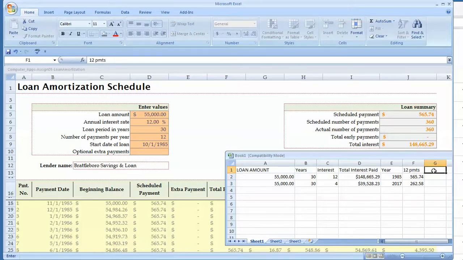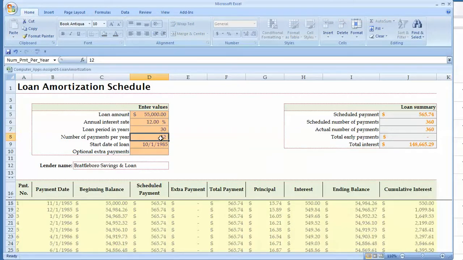But a lot of people pay, because they get paid twice a month, I think that what they do is they do it every other week. So if you do it every other week, it would be 26 payments. Maybe they get paid every other week. So if we put in 26 payments per year for 30 years at 12%,